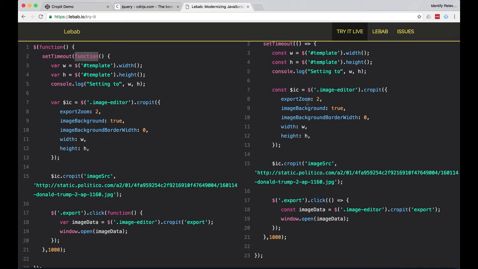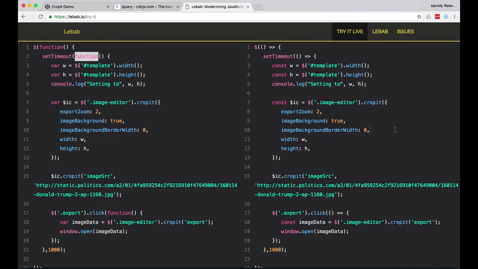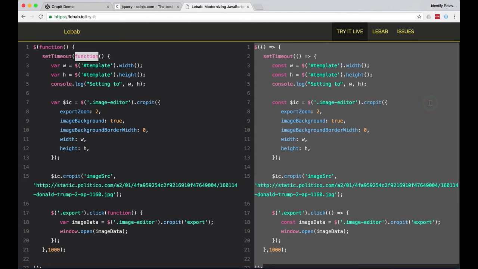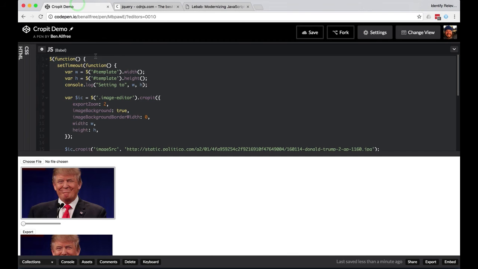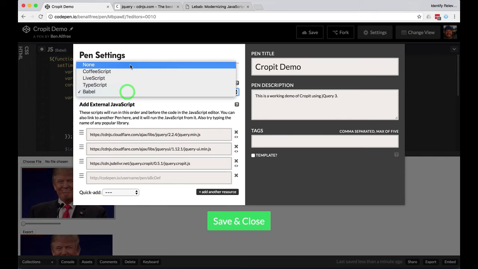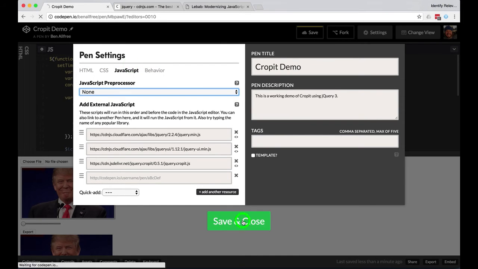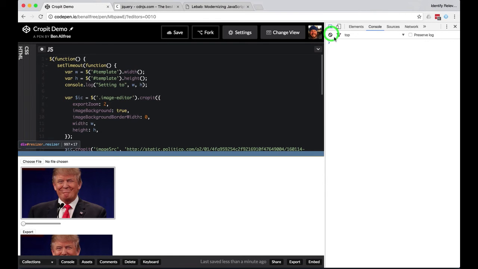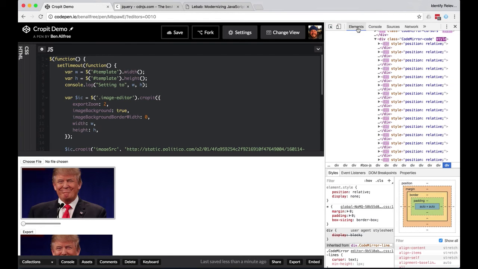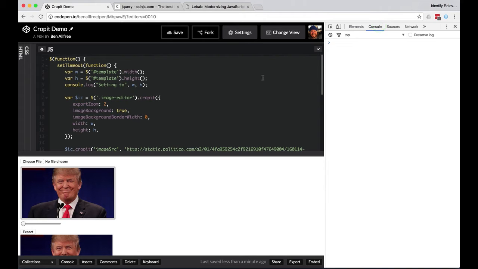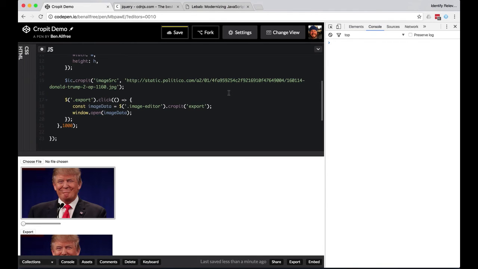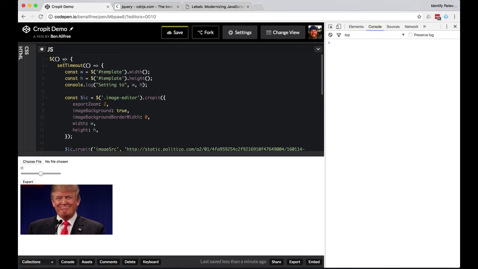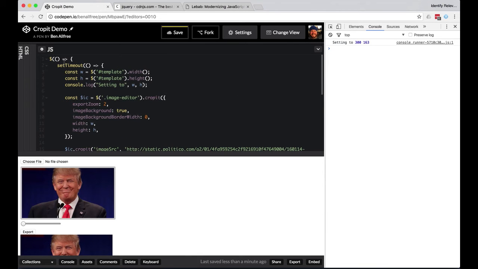So we really want to make sure that we stay modern on all of the tools, and that your developers are also modern with all of these tools. So I can see a few changes here. I will grab this, and now just to prove my point, let me say that I'm not going to use any transpiler at this point, right? I'm just going for plain JavaScript, and watch what happens when I'm going to go to my debugging console here. When I paste in this version 6 JavaScript,